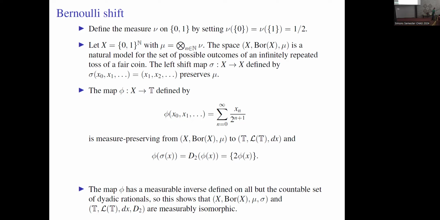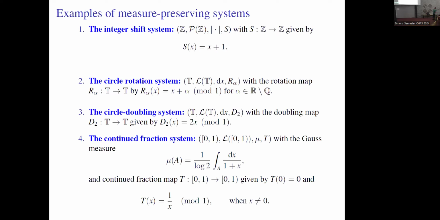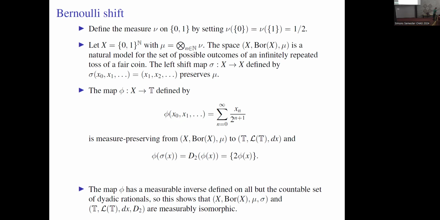They can be identical. They are isomorphic up to countable sets. So if they are isomorphic from here, we remove all elements which depend only on infinitely many entries. So these are identified with the set of rational numbers on the unit interval. So from this point of view, these two systems, the doubling circle system here and this Bernoulli shift are